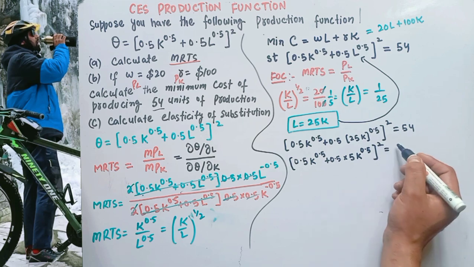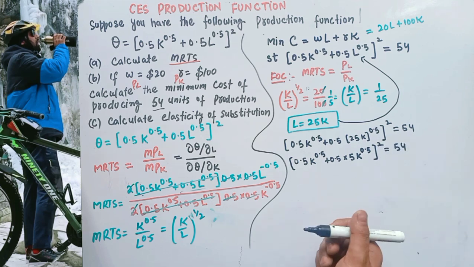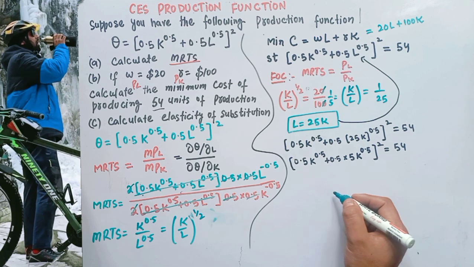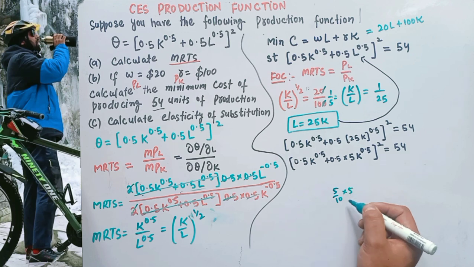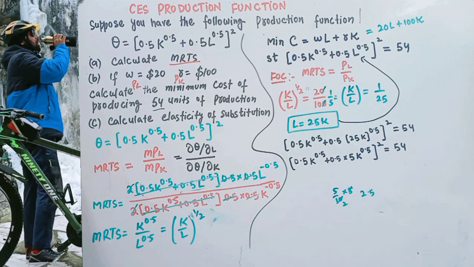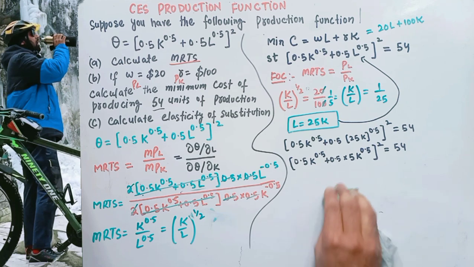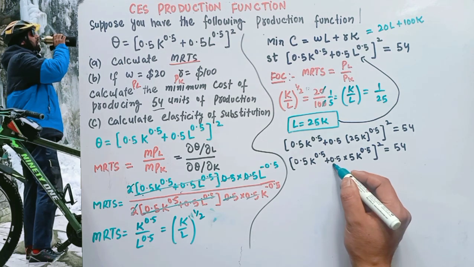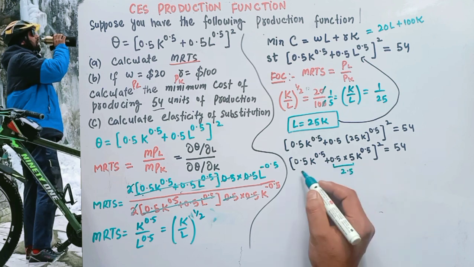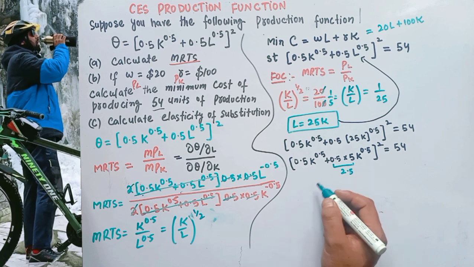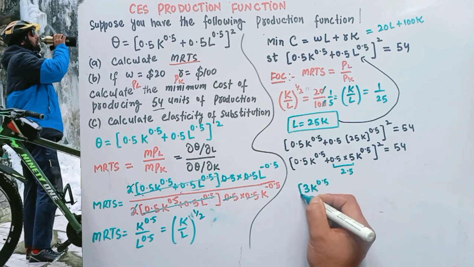I hope I am doing the calculation right. We can do one thing now. What is 5 into 0.5? We have 5 upon 10 into 5, so this comes out to be 2.5. Then we have 0.5, and together this comes out to be 3. So we get (3 K^0.5) whole squared